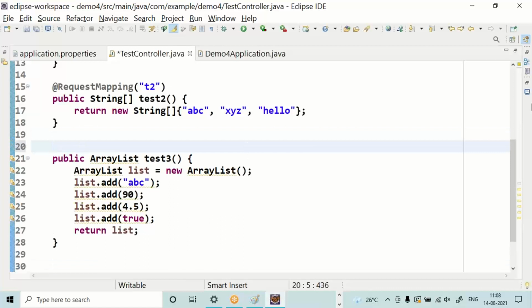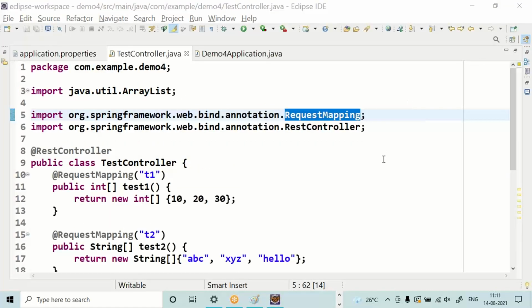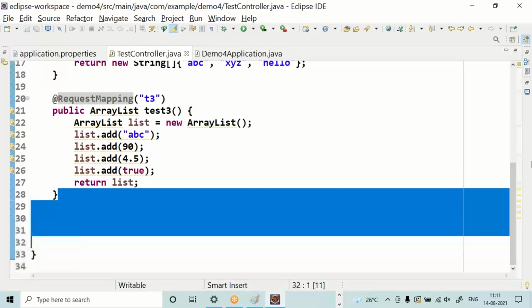While covering collection API, you will be coming across array list. I'm making it very simplified. T3.